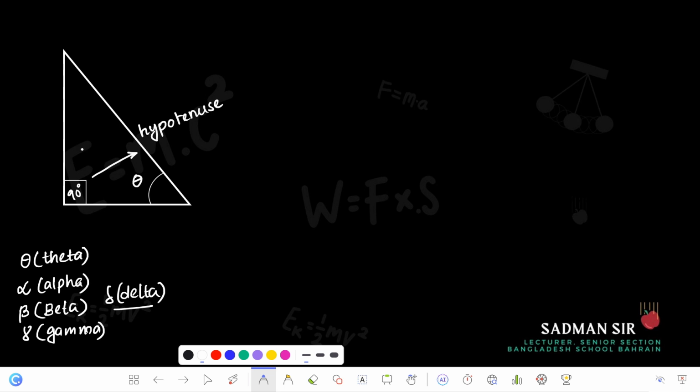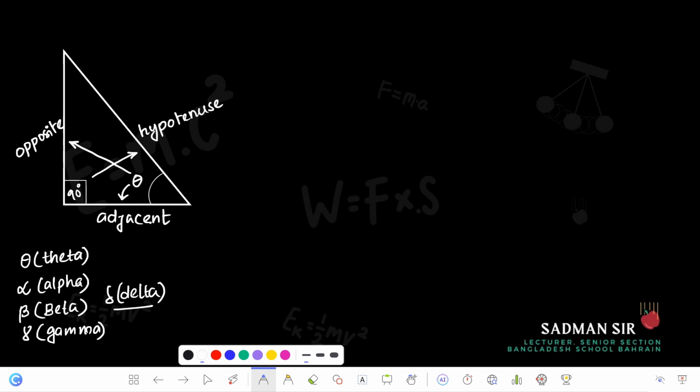Now the side that is opposite to theta is called opposite, because it is opposite to our considered angle theta. And the one other side that is left, since we have already named two of the sides, is adjacent to theta, right? That is why it is called adjacent. Okay, so let us revise again. The opposite side to 90 degree is hypotenuse, the opposite side of theta is opposite, and the adjacent side to